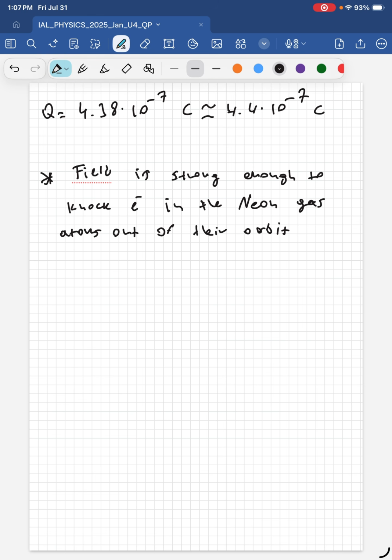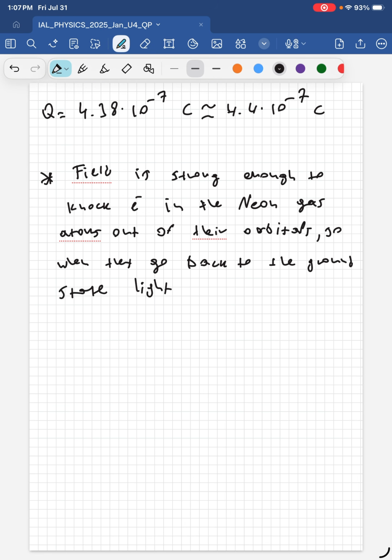Okay, and so when they go back to the ground state, light is emitted. Okay, so this can actually be an A-level question in some other test, because it makes